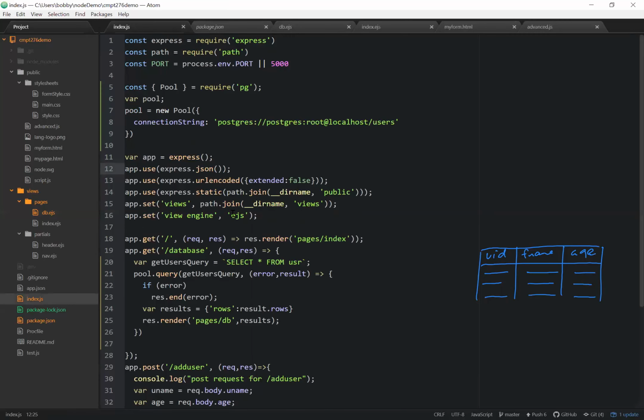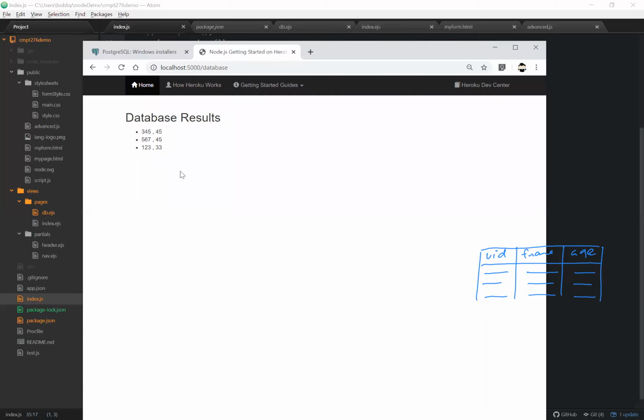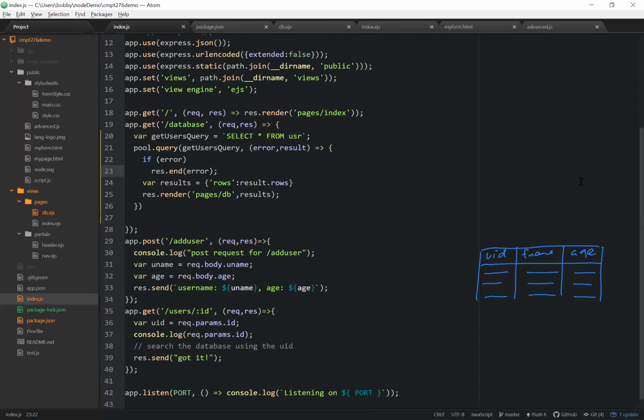So without getting into too much detail, because this is part of the assignment as well, you can have other routes here that allow you to do other things with the users, right? For example, if you remember what we did last time with the /users and the ID, right? The purpose of this ID is that if I wanted some information specifically about this user, let's say user 123, then presumably the route that I want is going to be